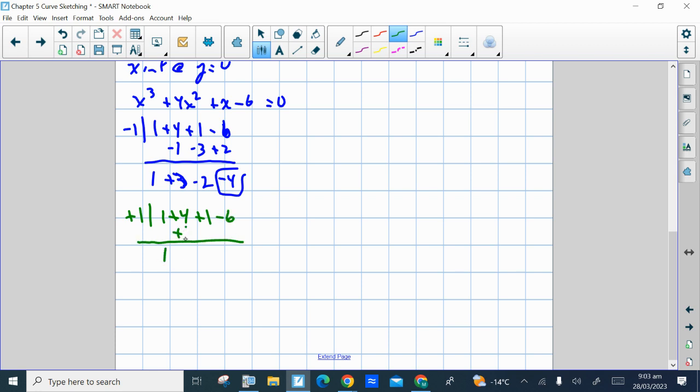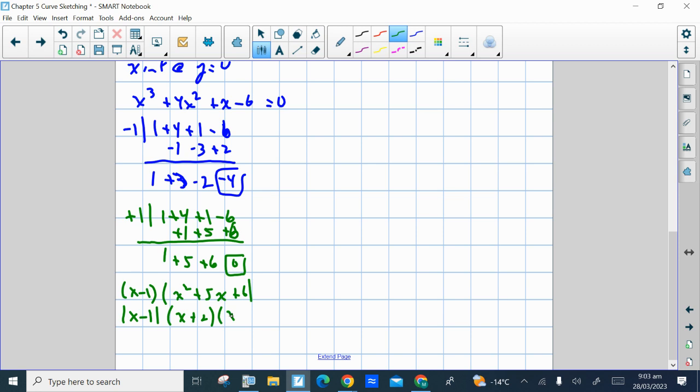One times 1 is +1, we add and get +5. 1 times 5 is +5, we add and get +6. 1 times 6 is +6, we add and get a remainder of 0. So now we see that x minus 1 is one factor. Our other factor is x squared plus 5x plus 6, which does factor